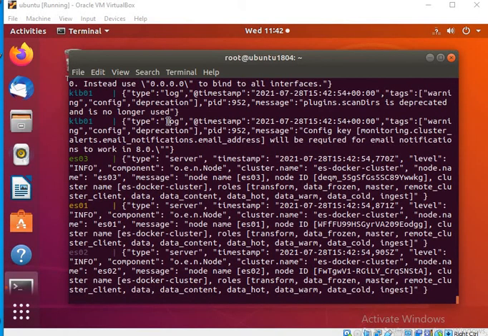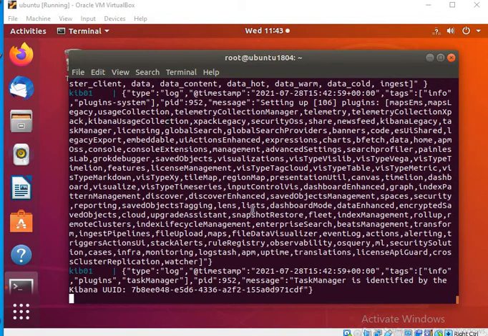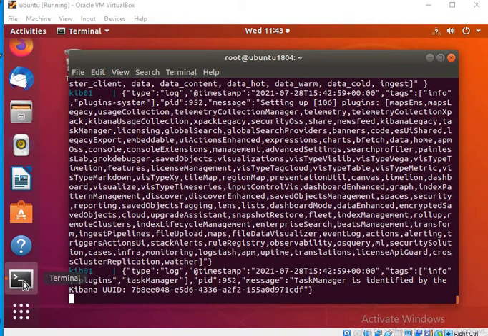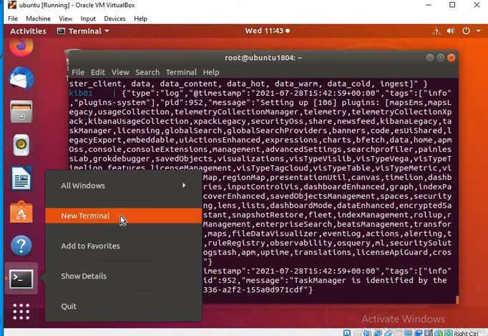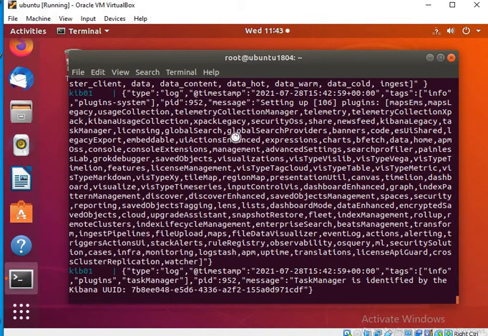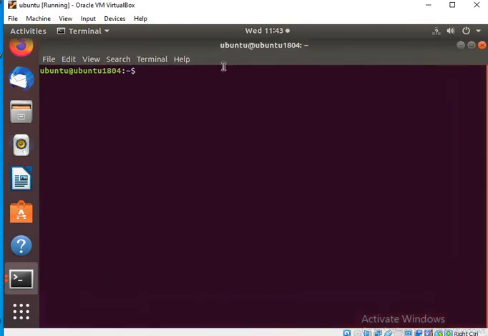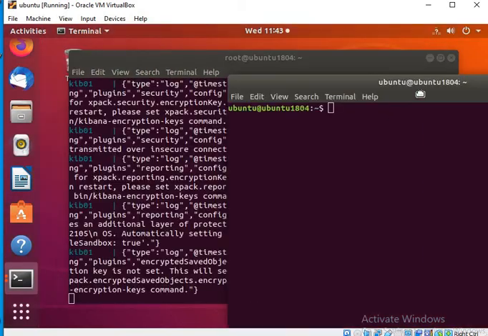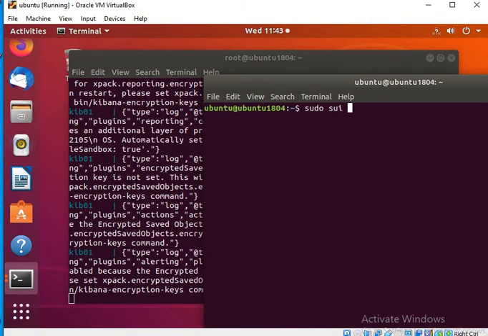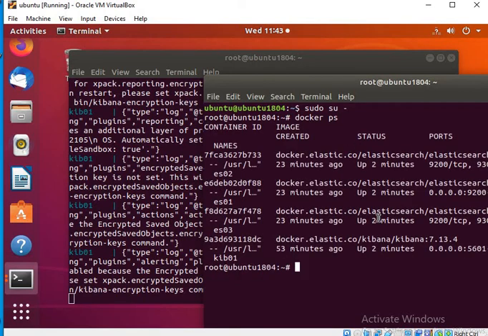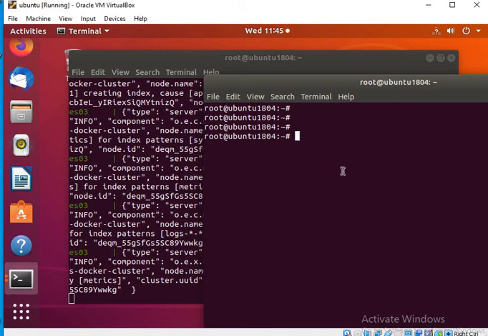So now again it is starting up, so let's wait to see whether it is getting terminated or not. I will open another session parallelly. So this is the new session. Okay, so I will be running Docker PS now here just in order to see the current status. So it looks like things are up, but let's wait until it comes up. So we'll see the Docker PS again here.